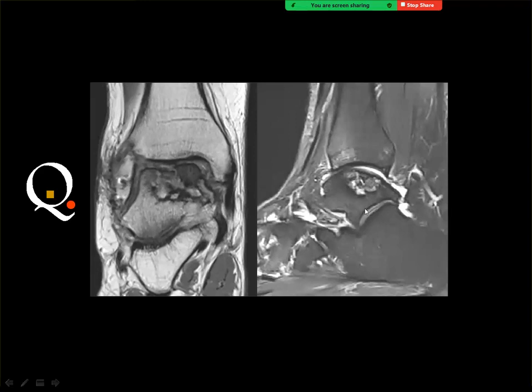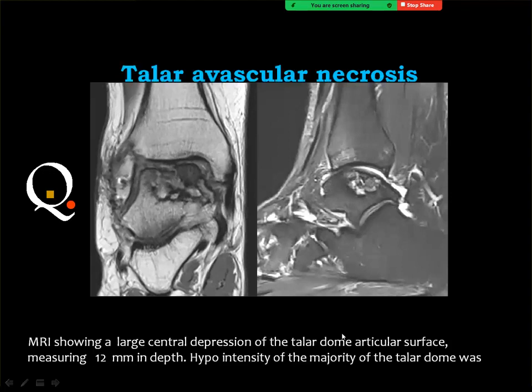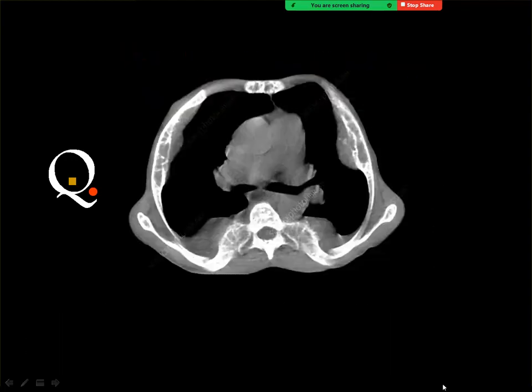And you know that there are 4 grades of avascular necrosis of the talus. Grade 1, bone marrow edema. Grade 2, isolated necrotic bone which appears cystic on MRI. Then separation of the necrotic bone, then displacement of the necrotic bone away from the site of separation. And this is, according to the grading system, avascular necrosis grade 2, because the bone appears cystic, as you can see here. Next case is